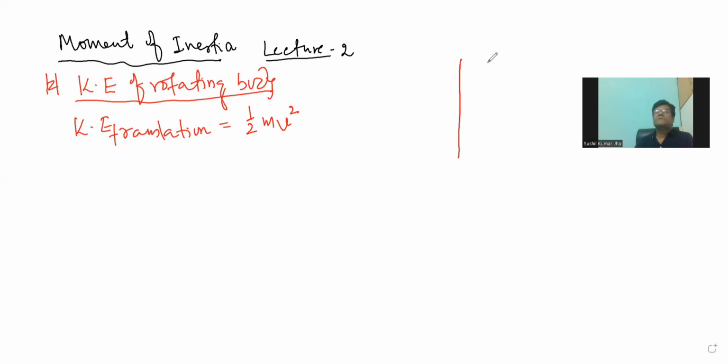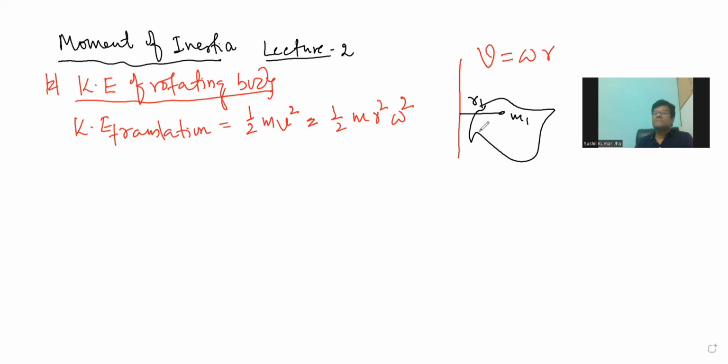We know that velocity is in linear motion, so v can be omega r. Now if you convert it, half m r square into omega square. It means we can consider a body, let's say this one. Zigzag means this is a rigid body having masses m1 and this r1 is the vertical distance. Similarly, it can have many masses. Let's say this is the mn and rn is the vertical distance, and all are having constant angular velocity omega